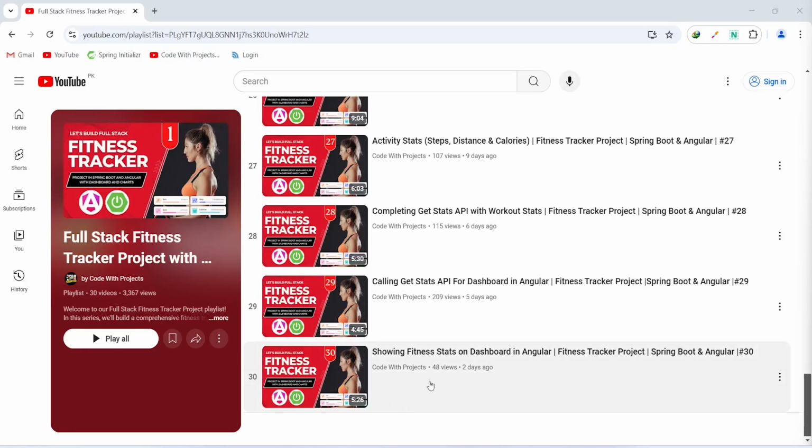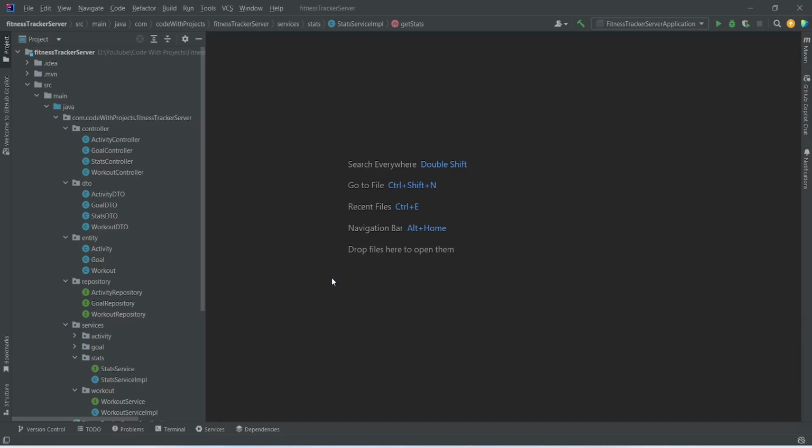In the previous video, we wrote the code to show the fitness stats on our dashboard in the Angular application. And in today's video, we will create an API to get the data for the graphs of workout and activities in our Spring Boot application. So let's get started. So in our Spring Boot application, first of all, we need to create a DTO, and